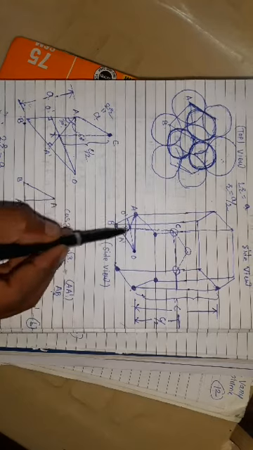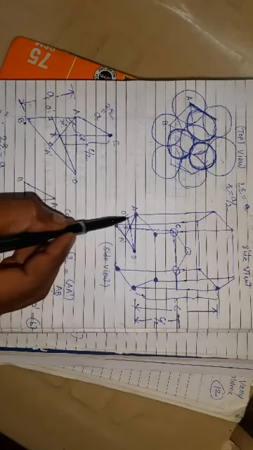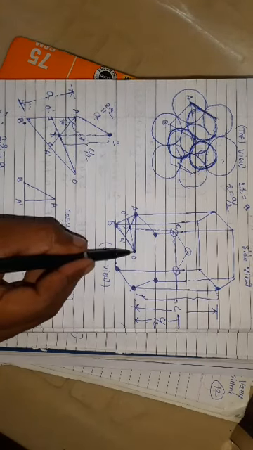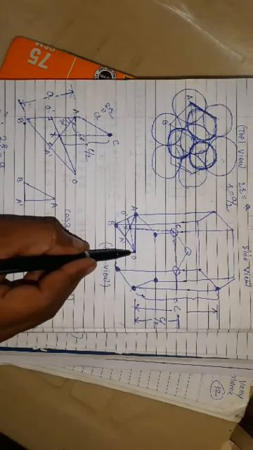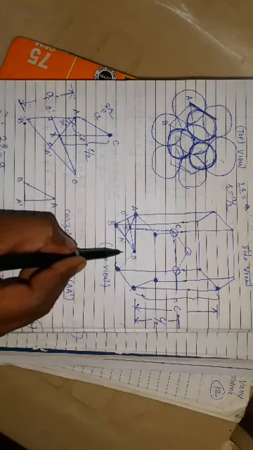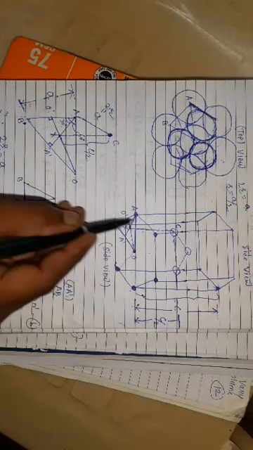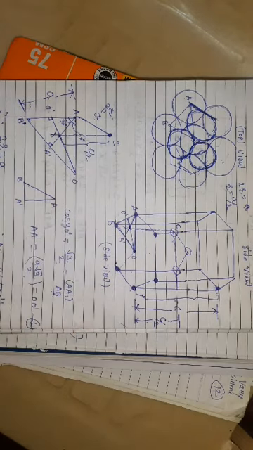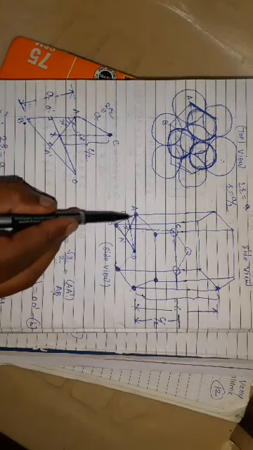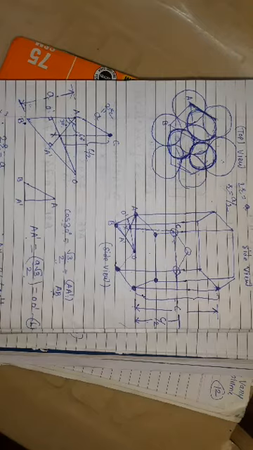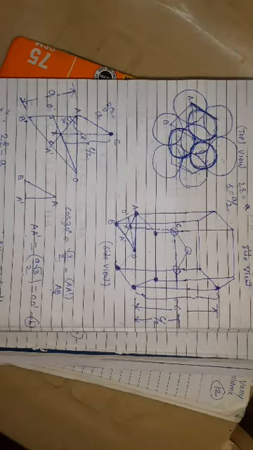This is the AOB triangle. How many triangles are present for this plane? This is 1, 2, 3, 4, 5, 6. 6 triangles are present for this plane A. Is it right? Then how to find out the area of this triangle AOB? What is the formula? The formula is, see,